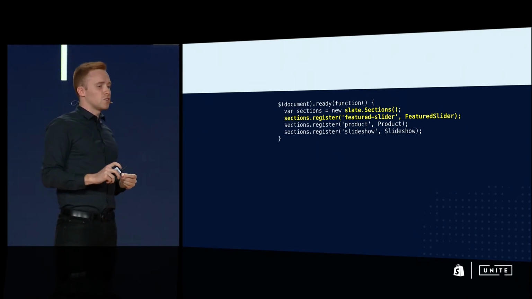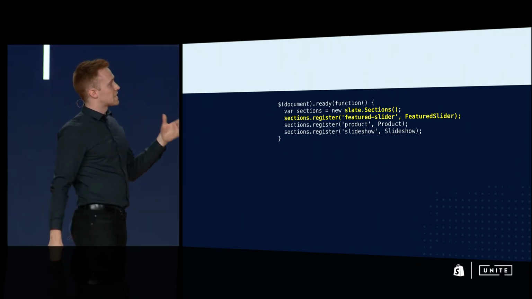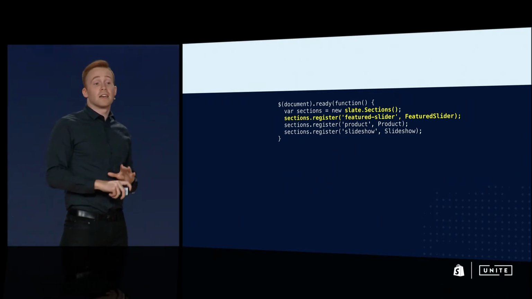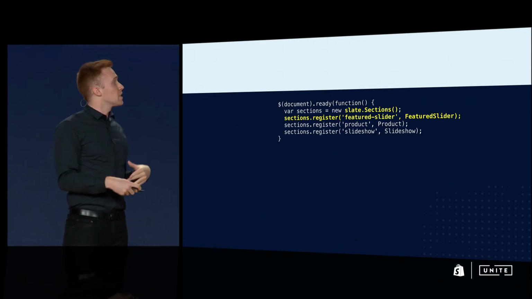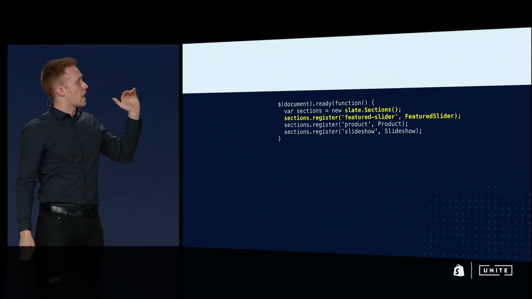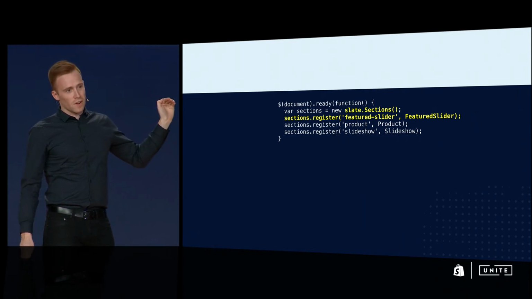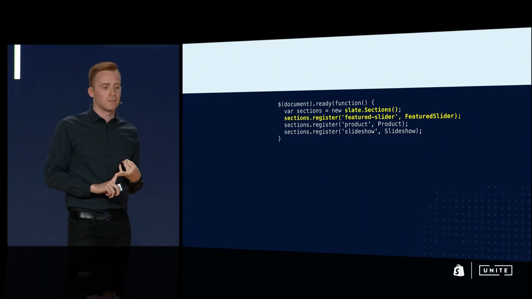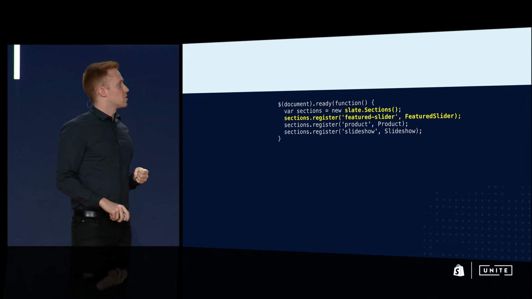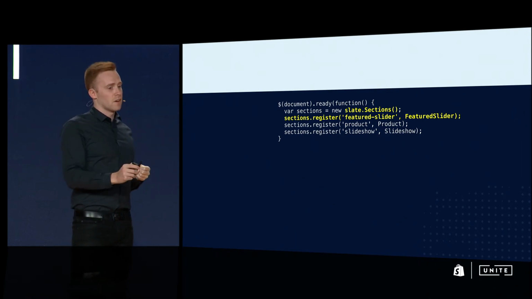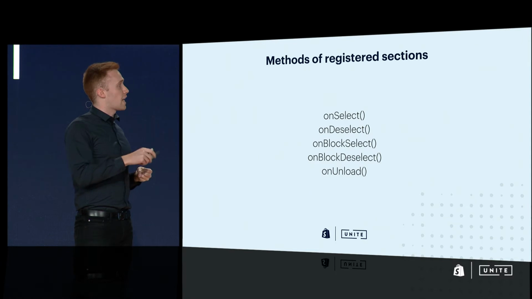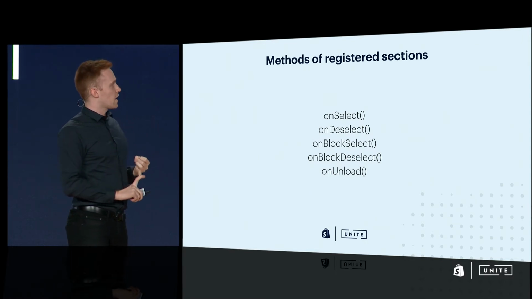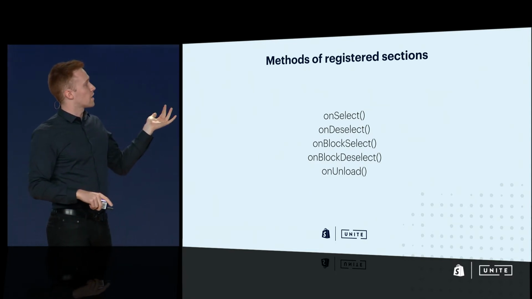Similar to what we saw with Variant.js, I'm going to make a new object using Slate sections. And again, Slate doesn't know anything about your theme. I'm going to tell Slate the different sections that I'm using with the register function. I just need to tell it one selector and the constructor I've made for that section. Once I've registered that section, it's going to have a number of methods attached to it. So on a section select, on a block select or deselect,